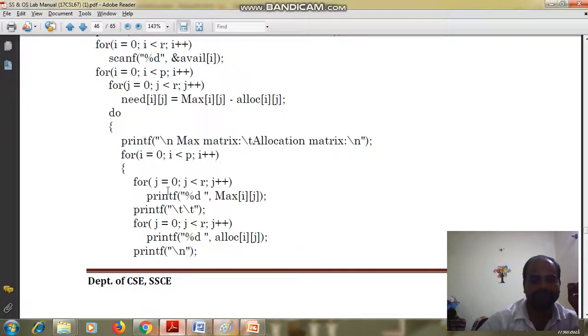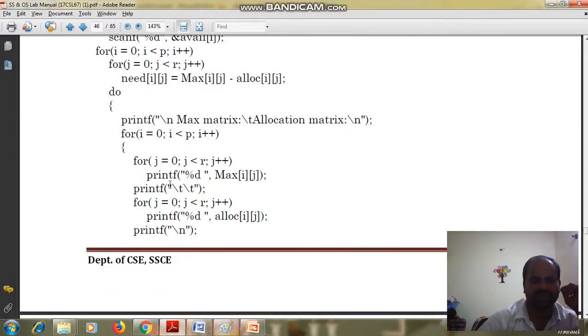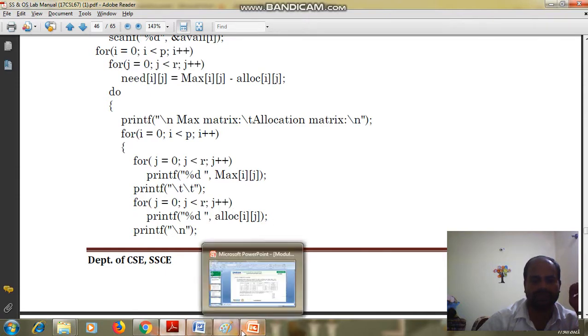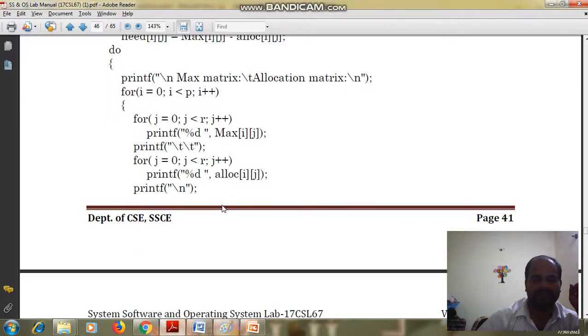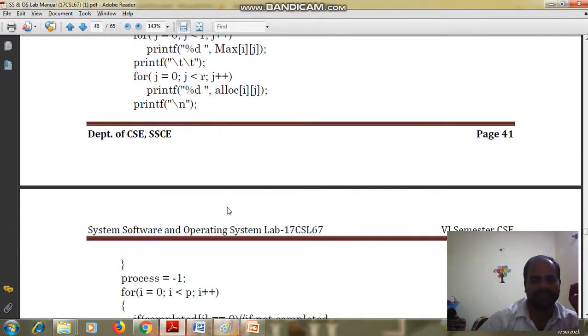Then again we will display the allocation matrix using j = 0; j < r; j++, allocation[i][j]. So here we can display the allocation matrix like 0 1 0, 2 0 0, 3 0 2, 2 1 1, 0 0 2. Allocation matrix, maximum matrix, it is there.